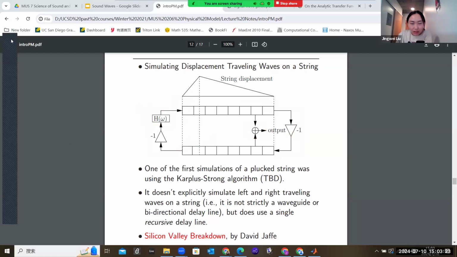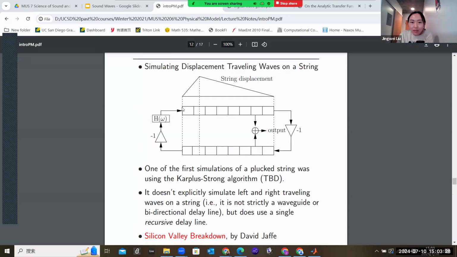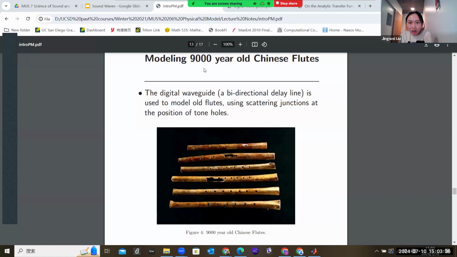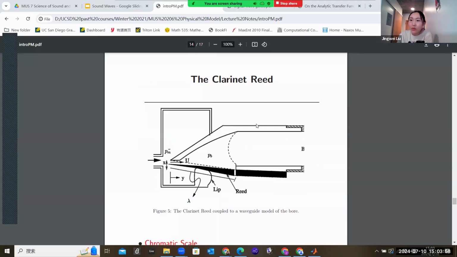Okay. I don't know if it's clear, but if you just use this simple model, you can simulate a lot of musical instruments. Actually, they simulated the 9,000-year-old Chinese flutes. Yeah, so this uses physical modeling, so you can use a computer to reproduce these flutes. Okay, so this uses the bidirectional delay line, and you can simulate the clarinet reed, because we see that